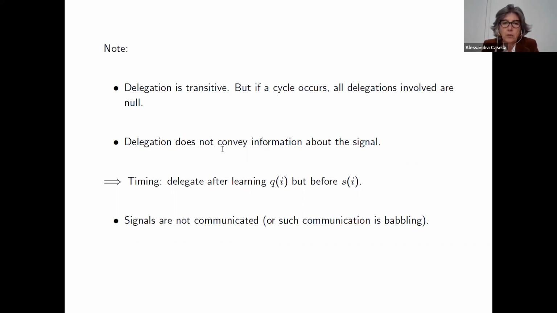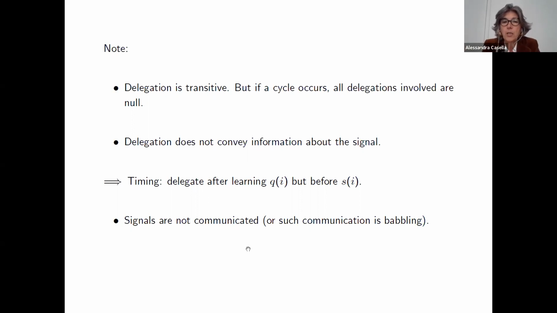So one way of solving both of these problems elegantly is to assume as timing that you first learn your precision, then you decide whether or not to delegate, and then only afterwards you receive the signal. I did not specify the timing before. Maybe I should. We have not talked about it yet because in the experiment, we actually don't have this timing. But in the experiment, because of the random matching and the mechanics of the experiment, we don't have to worry about delegation conveying information. So think about this timing if it helps to keep things clear.